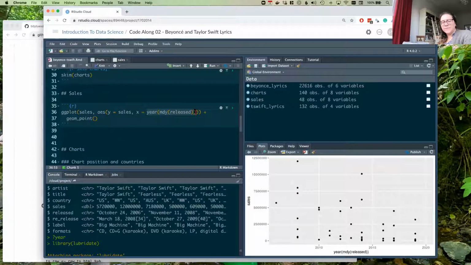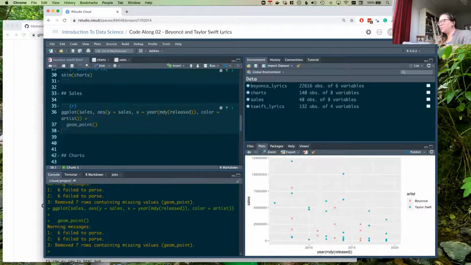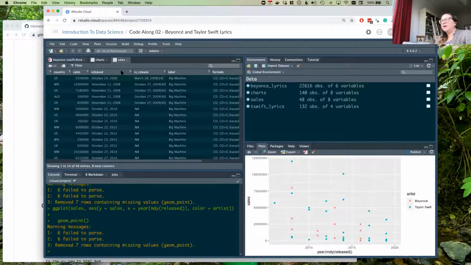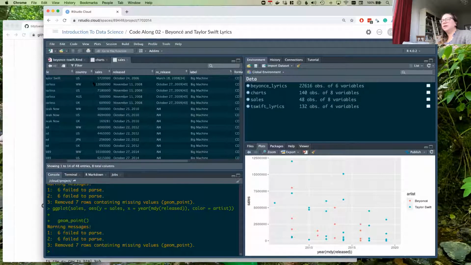Okay. So on the x-axis, I have years, and on the y-axis, I have the sales. But these are for both of the artists. So I think we might want to also color by artist, just so we know who is who. Okay. So these are the various sales of the artists. And let's take a look at this. Do we have different countries here as well? Yes.